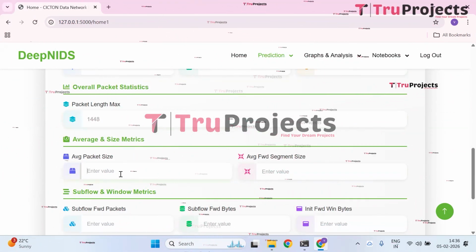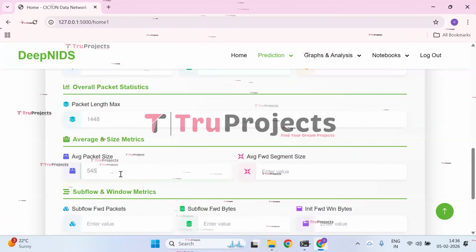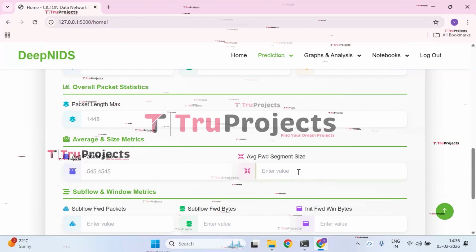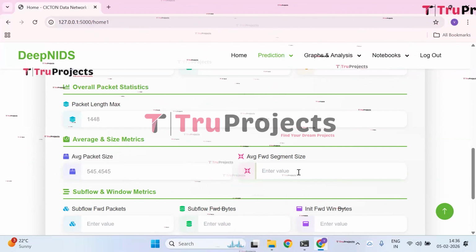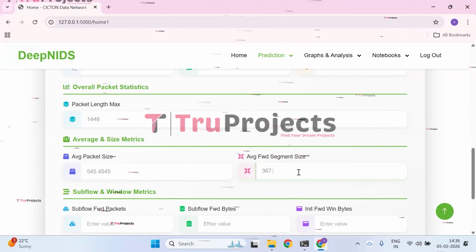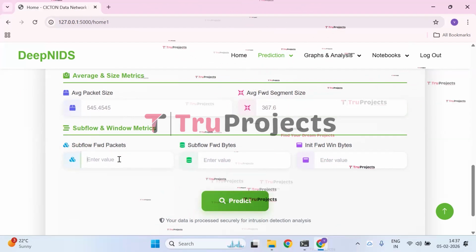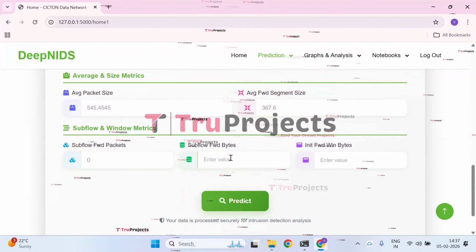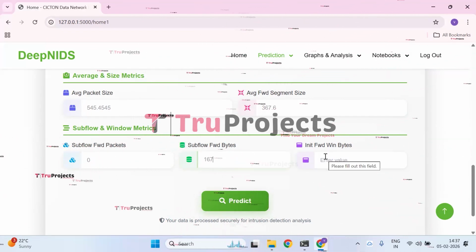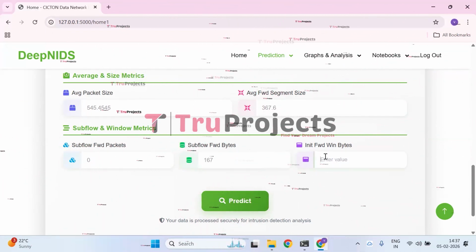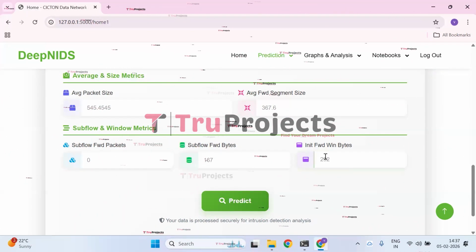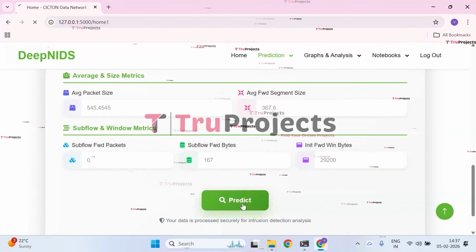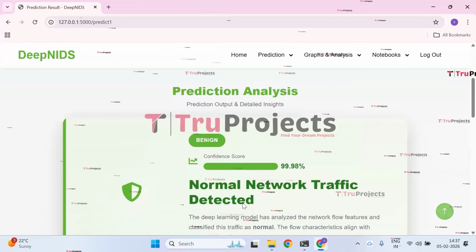Average packet size value will be 545.4545. Average forward segment size value will be 367.6. Subflow forward packet value will be 0. Subflow forward bytes value will be 167. Initial forward win bytes value will be 29200. And now click on predict so that the input values are pre-processed and the output will be displayed